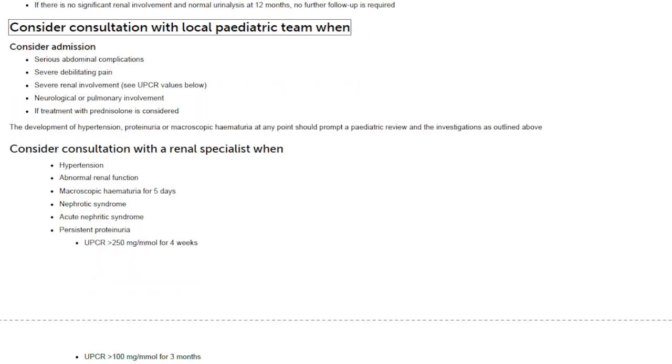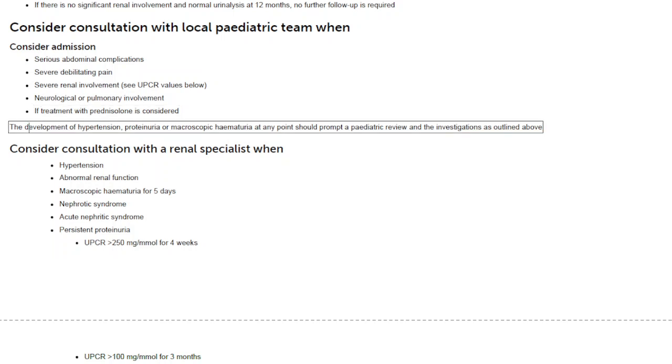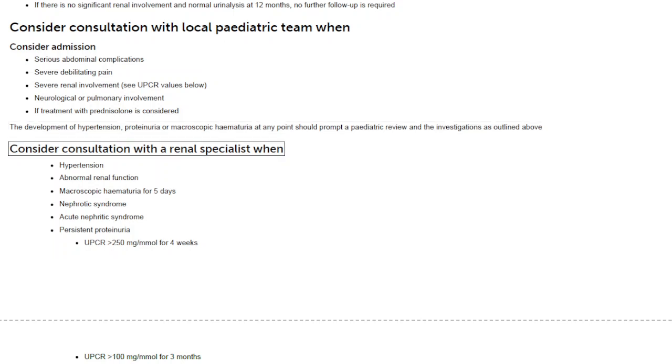Consider consultation with local pediatric team when: consider admission, serious abdominal complications, severe debilitating pain, severe renal involvement, see UPCR values below, neurological or pulmonary involvement, or if treatment with prednisolone is considered. The development of hypertension, proteinuria, or macroscopic hematuria at any point should prompt a pediatric review and the investigations as outlined above. Consider consultation with a renal specialist when: